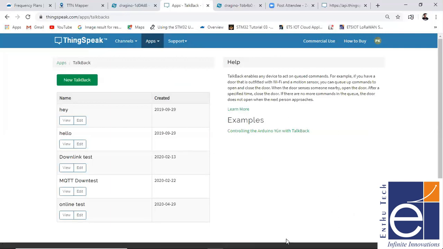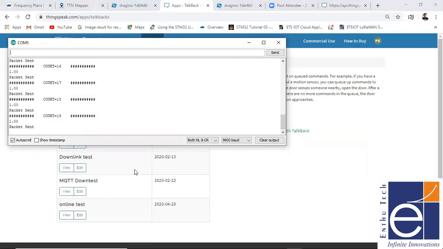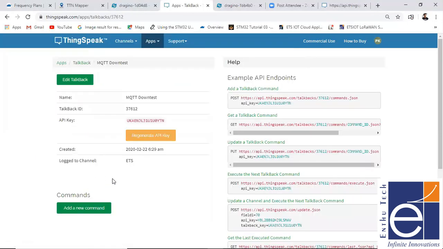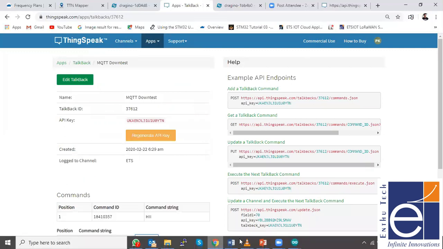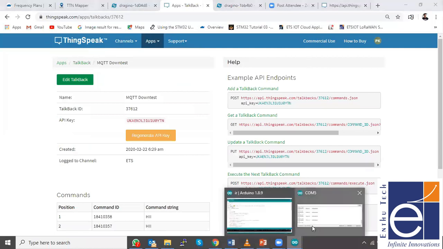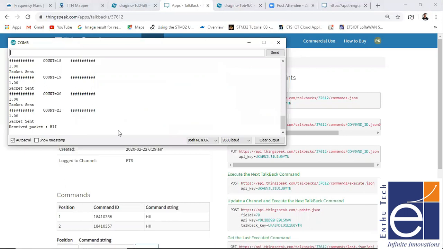I'll show some more of that. So now by using the talkback, I'm giving a downlink command here.